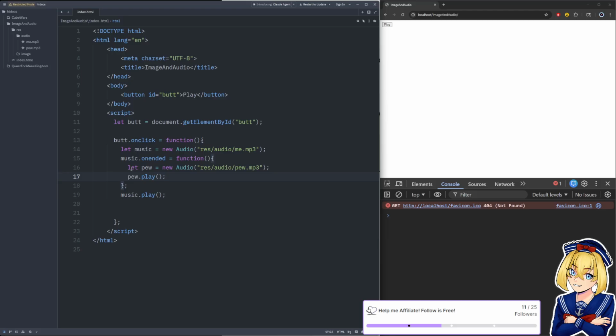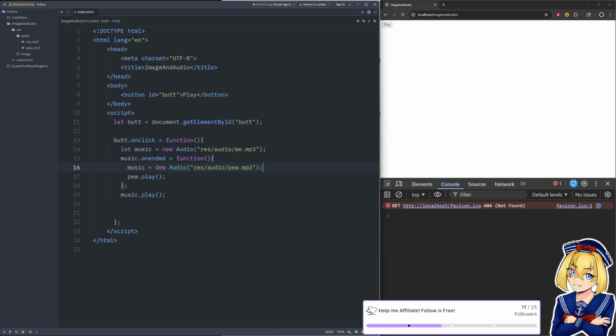So using a combination of this onEnded thing, you can change things around. I believe we could even say let music equal new audio, or we could say music.source.